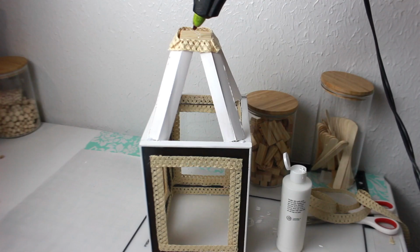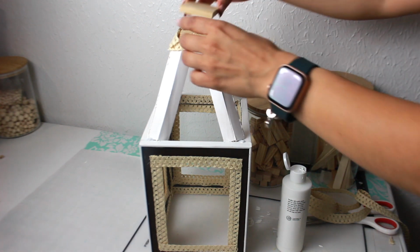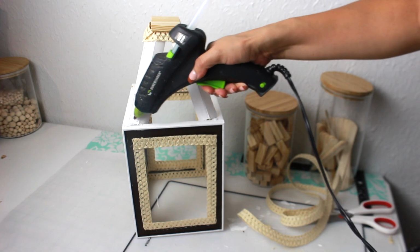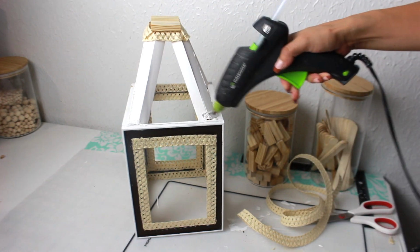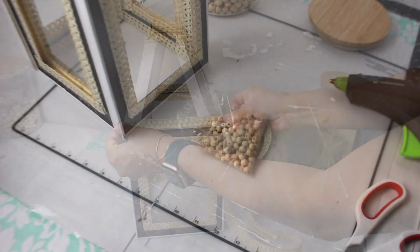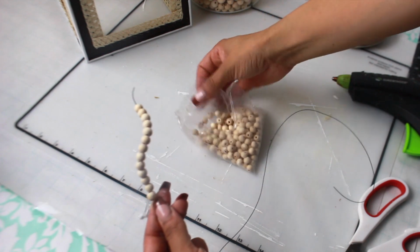And this is where I added the other set of 4 tumbling tower blocks. 4 just fit better than 3. I think it looks more finished that way. Now I'm adding another strip of the sun hat right here just to cover up that bottom area of those crab sticks. So to give this a faux round handle at the top,